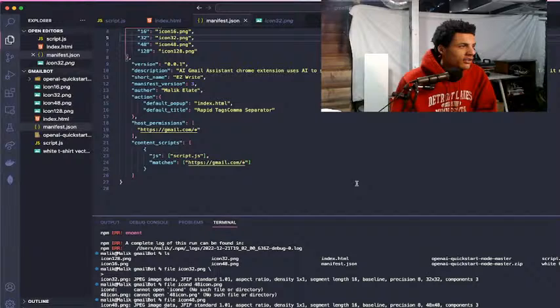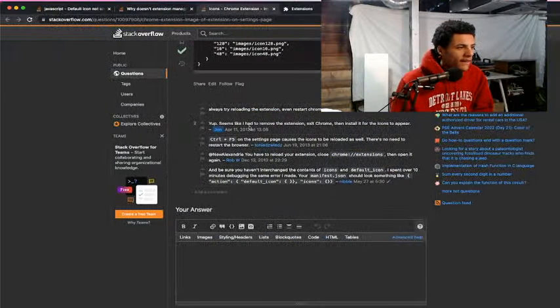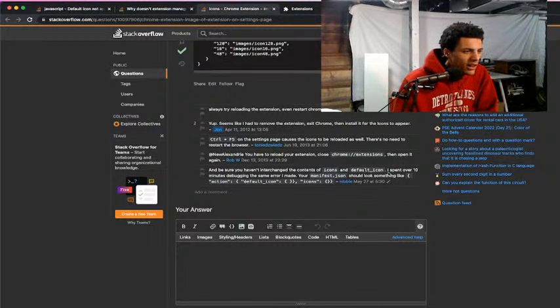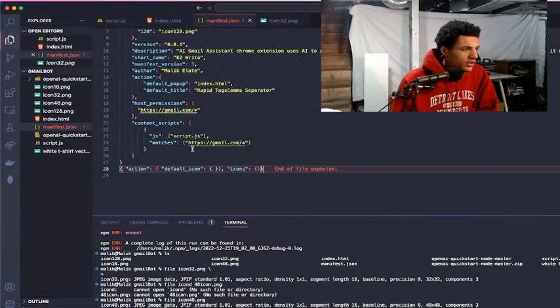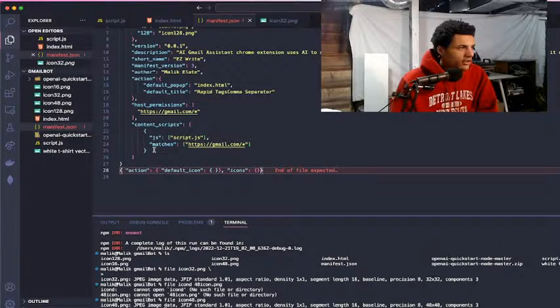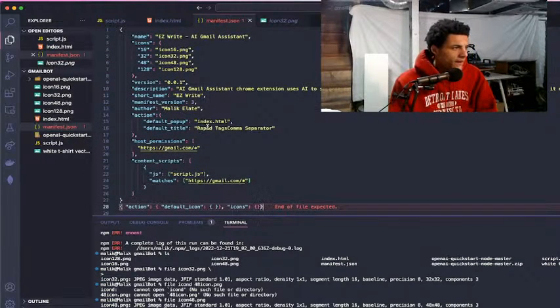So it should be action with default icon within it. Comma icons. I feel like that's